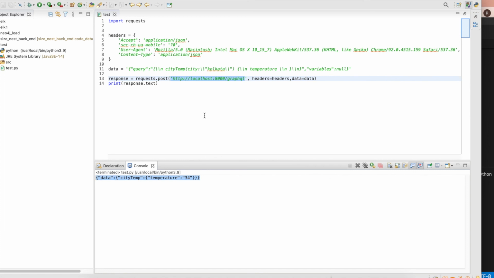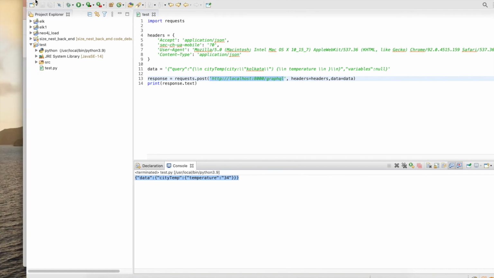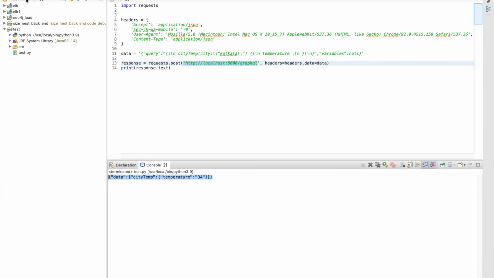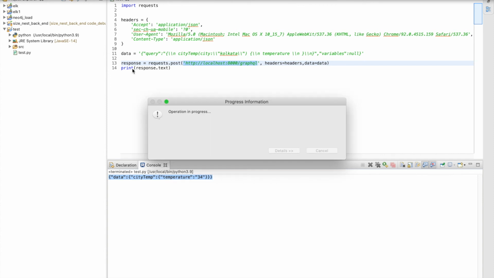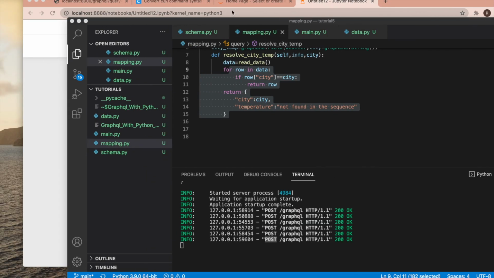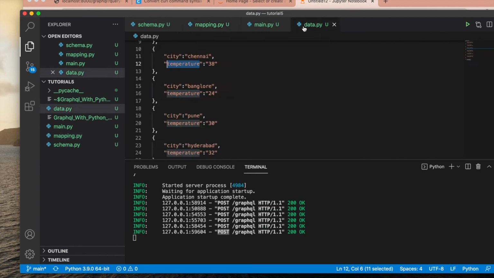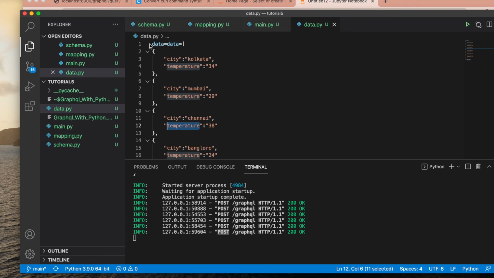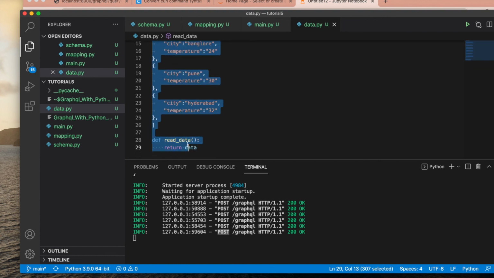As you understand, this is kind of a dummy thing. Let me just close this because it is not required. I used dummy data here. If this were real world data, irrespective of this, you would have to write some logic to get the data from your weather engine or something similar.